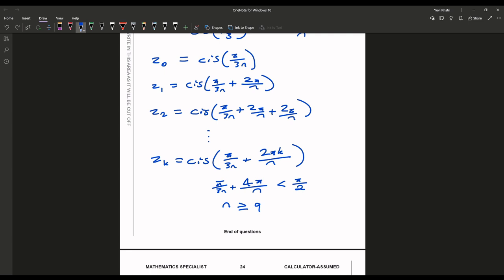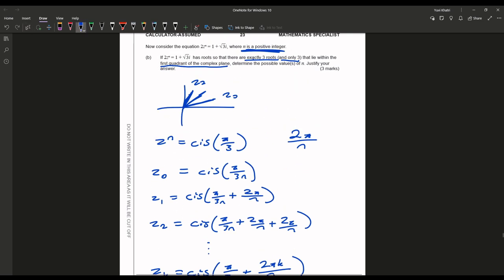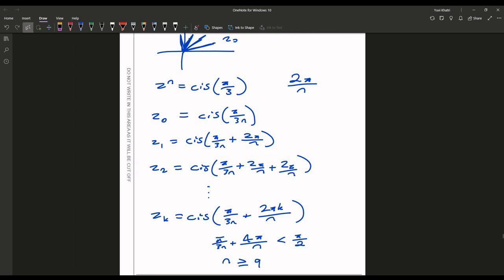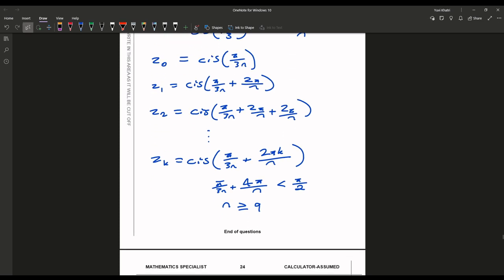That's our first thing. But we need exactly 3 roots to be in the first quadrant. So our 4th root, z3, has to be outside of the first quadrant. That's when k equals 3. So if we sub in k equals 3 into here, that angle needs to be greater than pi on 2. So we're just going to do that. Subbing k equals 3 into here, we get 6 pi over n, and that has to be greater than pi over 2. Now solving this on our ClassPad,